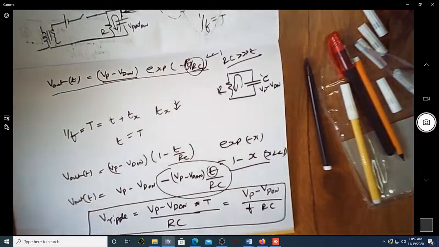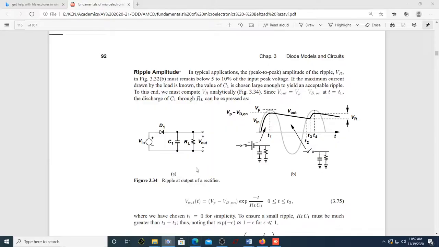That's what is there in the textbook also. You can just have a look at this textbook. This is what the expression is. Now you can see during this period, when the capacitor is charging, the switch is turned on, you have a V gamma, and then during this period, whenever the diode is off, this is open and your capacitor is only discharging through this. So this is the expression for your V out as it is written there.